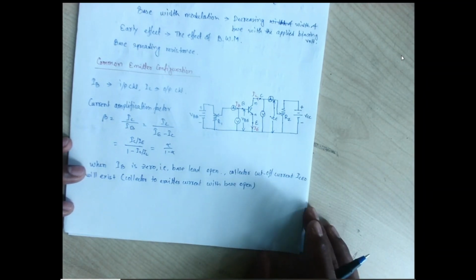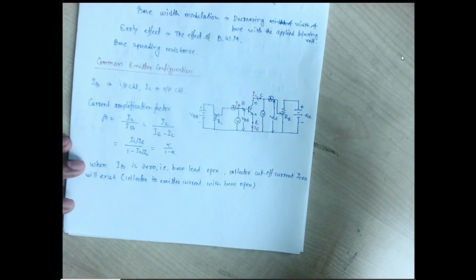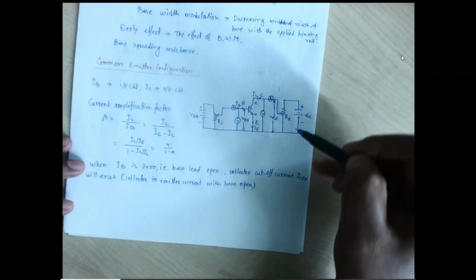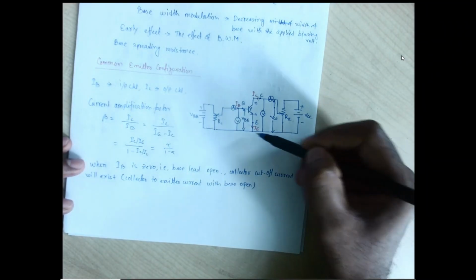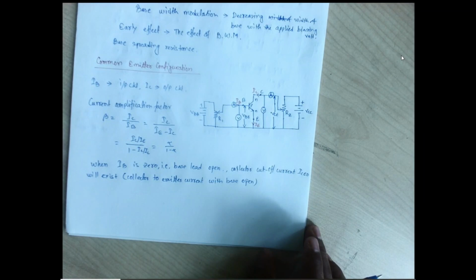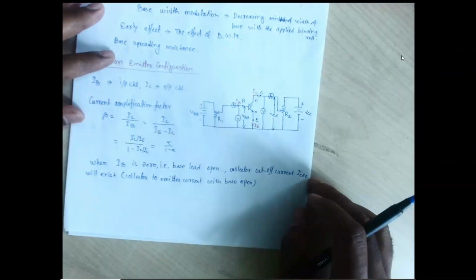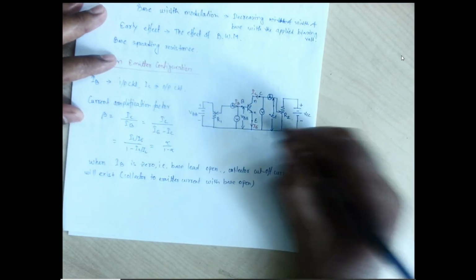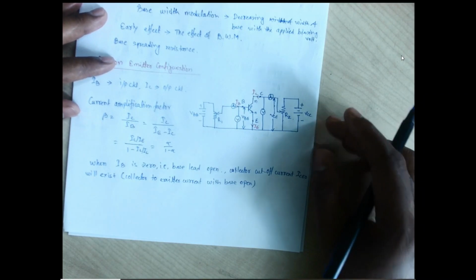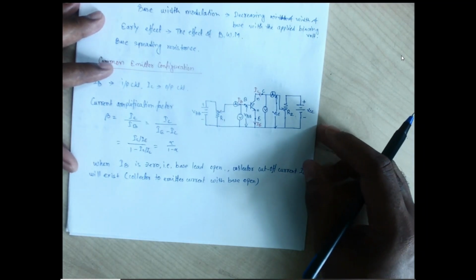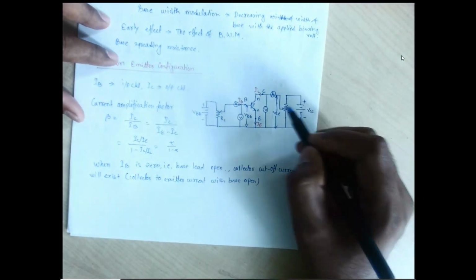But obviously this emitter has a higher amount of charge carriers entering it, because the negative or cathode of the battery has been connected with this emitter. So obviously this emitter will have a large number of charge carriers ready to move. As this collector has been connected with the positive, obviously a large number of charge carriers are ready to move from this emitter to the collector. If somehow these charge carriers are able to move to the collector, definitely they will be collected by this positive, that is the anode of the battery.